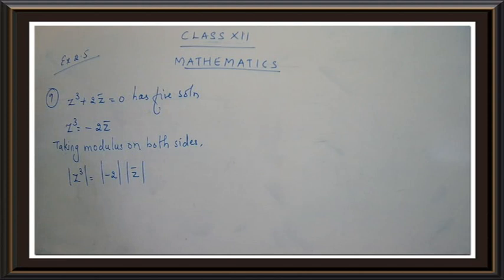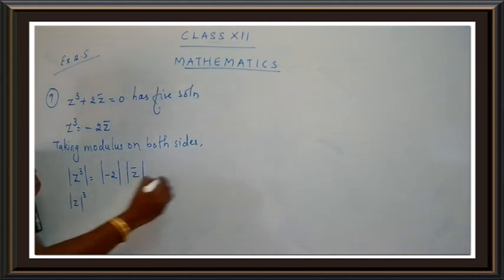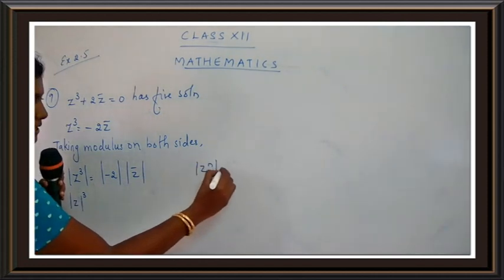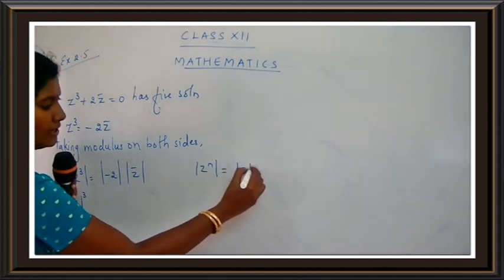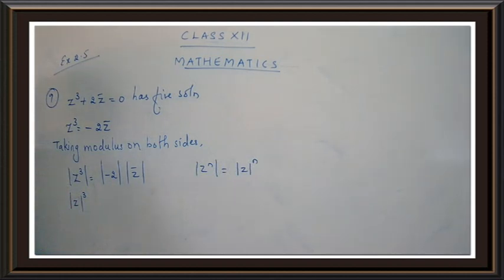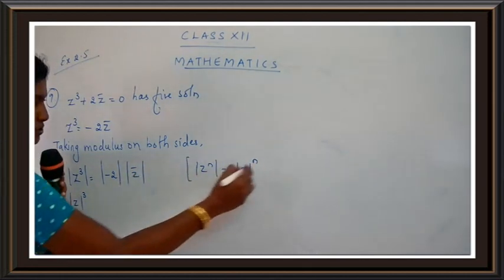Okay. Now we have to use some of the properties. I have told you that you have to remember the properties for conjugates as well as for the modulus. So we have a property over here. This can be written as modulus z the whole cube. Do you remember this property children? Yes, modulus of z raised to n can be written as modulus z the whole raised to n. So this is one of the properties used.